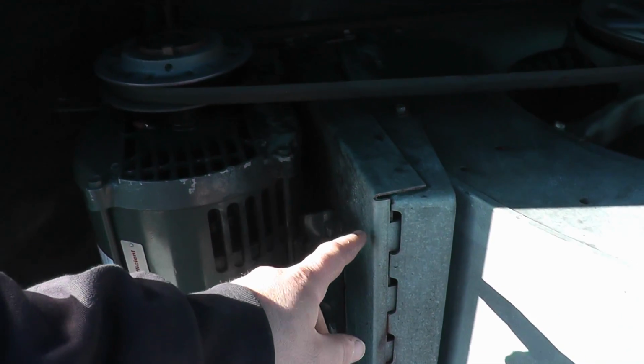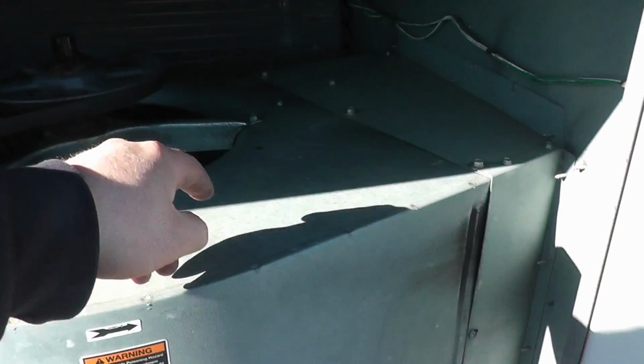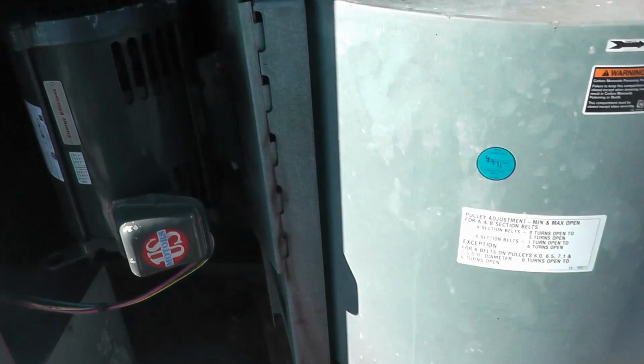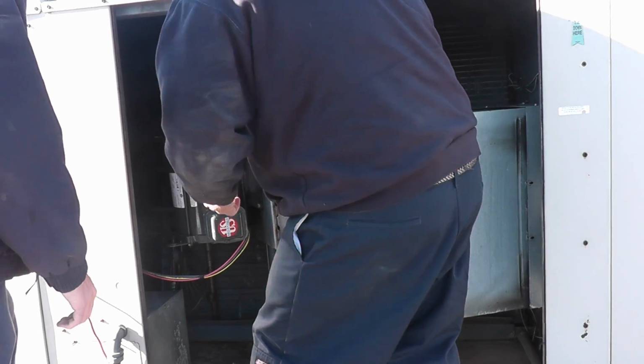The way this comes off, this motor plate will detach. There's 3 screws around the cowling on the top, 2 on the side, 3 again on the bottom, and some on these feet. And that whole blower section should slide out. Alright, this motor's going to come out, and then this whole thing will come out. It's going to weigh a ton, so